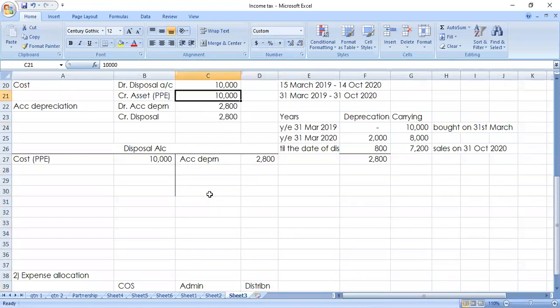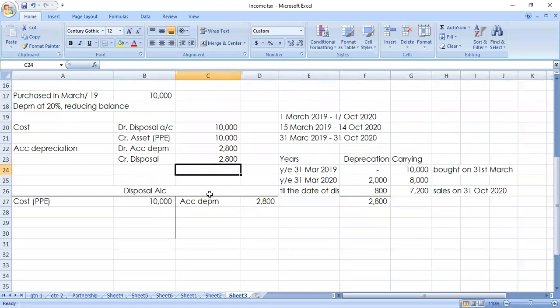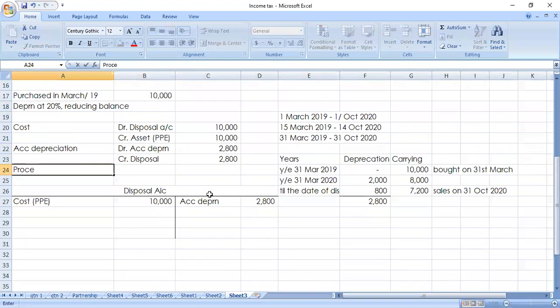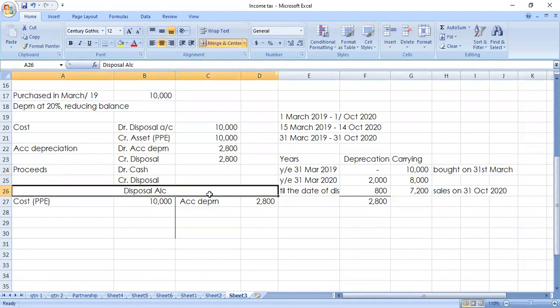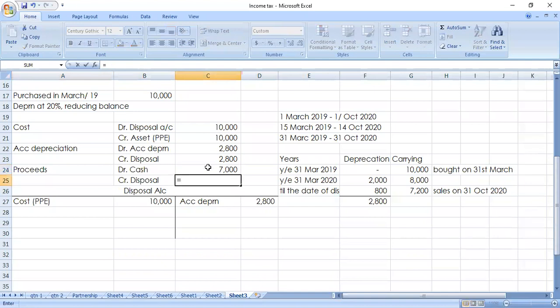Then the last part is the proceeds, what you got from the sale. For proceeds, ideally what you're supposed to do is debit cash in case you receive the money and credit the disposal account. That's what you're supposed to do. So the proceeds were 7M. This is what was supposed to be done. But what they did is that instead of crediting the disposal account, they credited